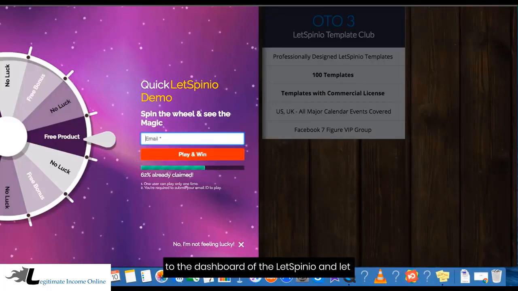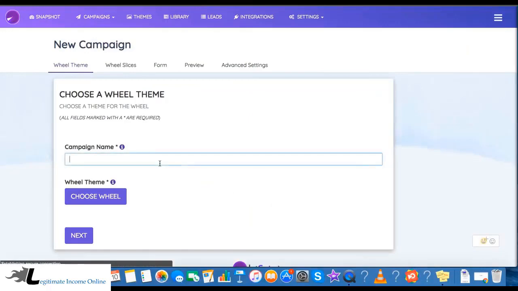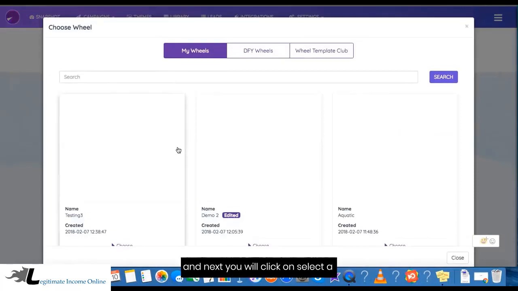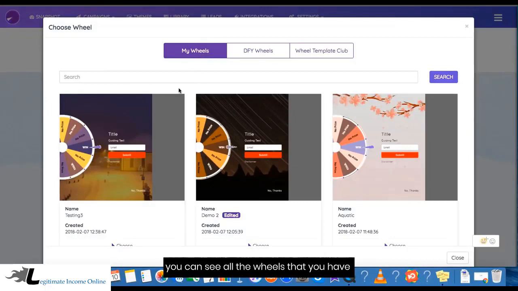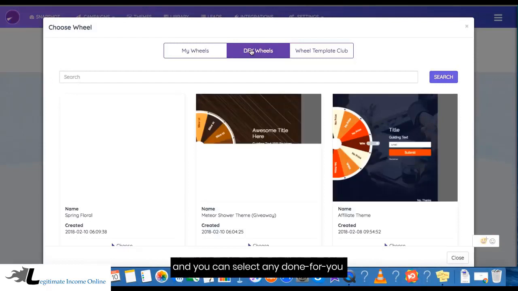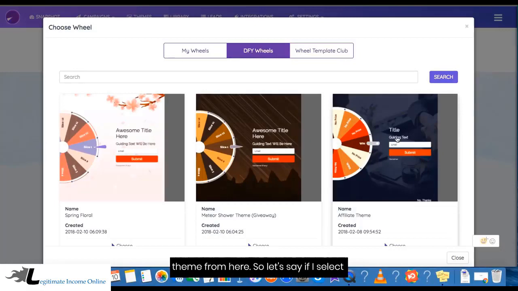Right, so let me go to the dashboard of LetSpinio and let me show you how to create this step by step. Number one, you will click on create new wheel campaign. Now you will give it a name, let's say demo video, and next you will click on select a wheel. In the first tab you can see all the wheels that you have created by yourself using our library. Or you can go to the done for you wheel section and select any done for you theme from here. So let's say I select this one,